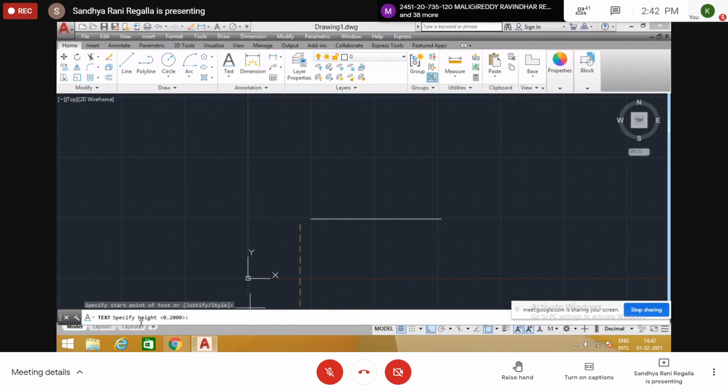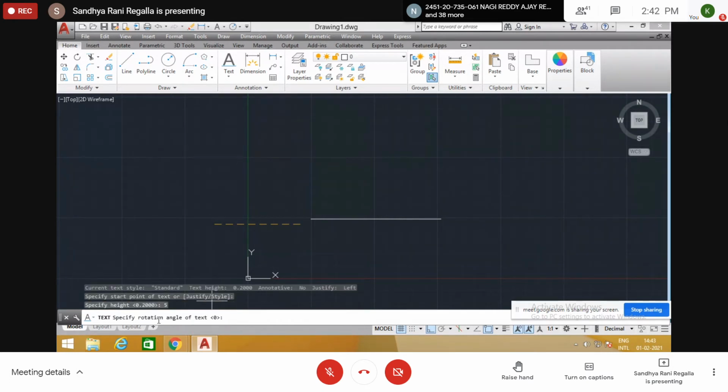Specify text height. Text height by default is 0.2. If you go with 0.2, you simply click enter, or if you want to change, you can change. Text height 0.2 is not sufficient, so I will give 5. Specify rotation angle.